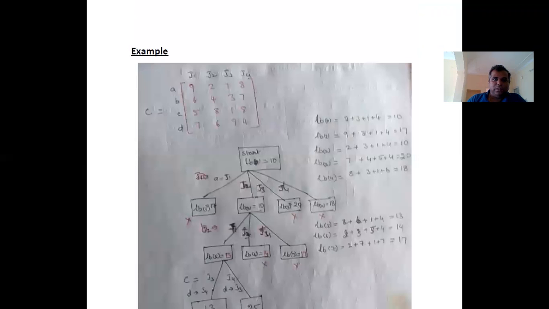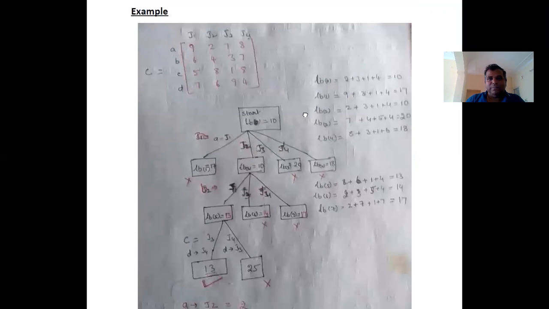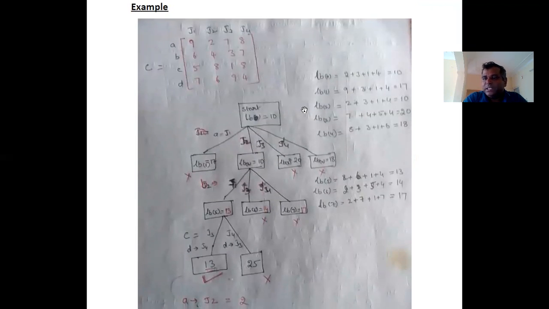In the branch and bound designing technique, you have to construct the state space tree. In the state space tree, for every node, we have to find the bounding value. Here we are constructing the lower bound value. The lower bound value of root node 0 is calculated by finding the minimum of each row. First row minimum is 2, second row minimum is 3, third row minimum is 1, and fourth row minimum is 4. The sum of all these minimum values is 10. So the lower bound value of the root node is 10.